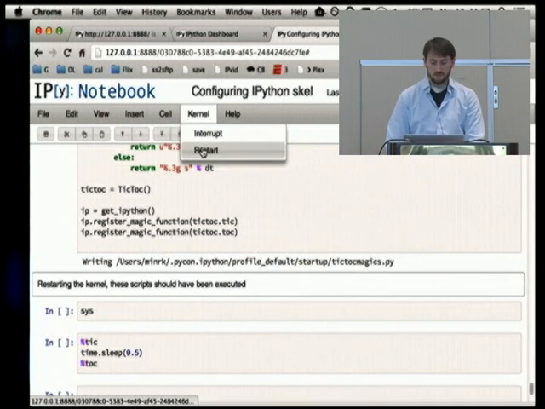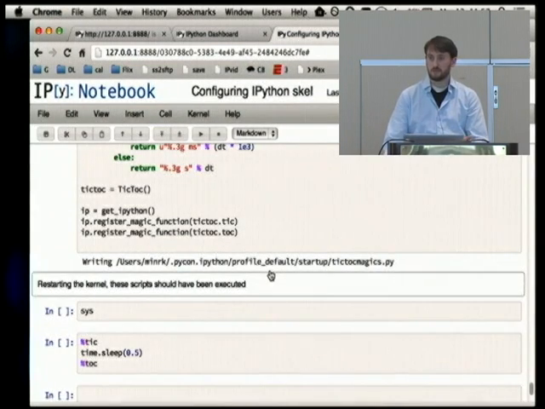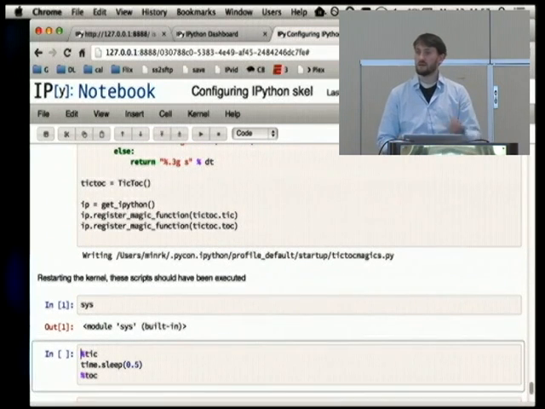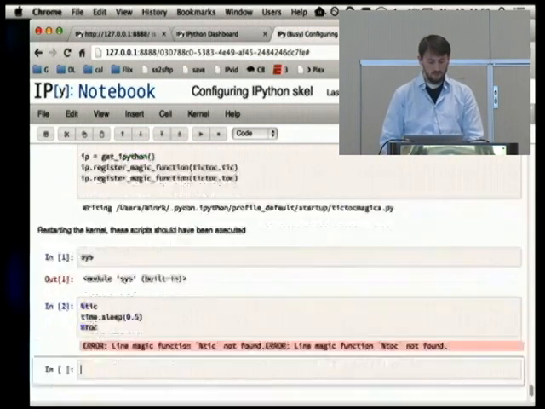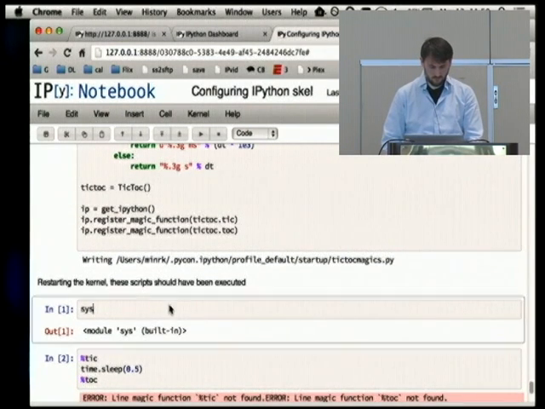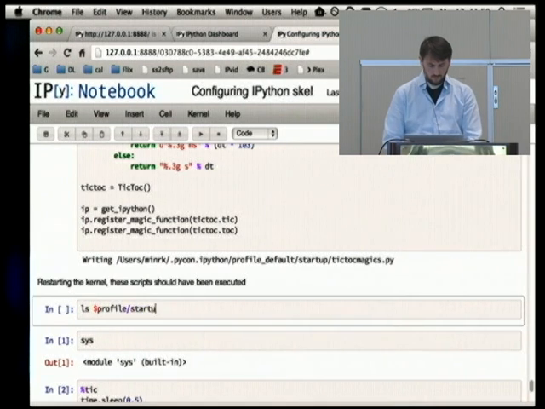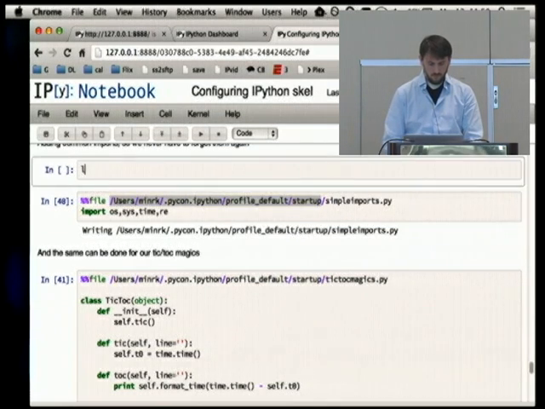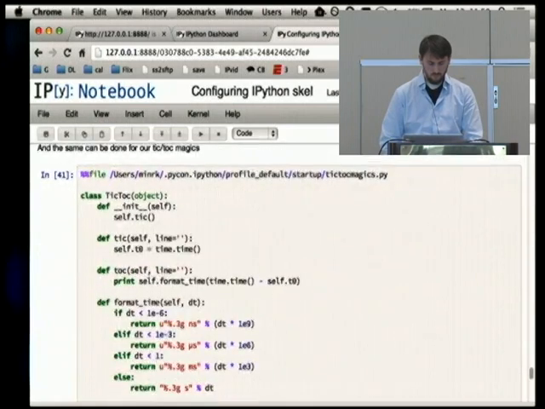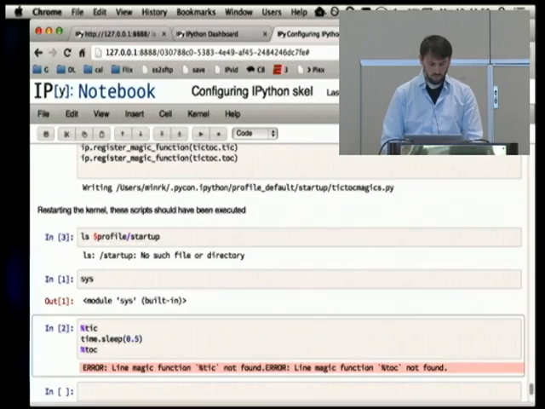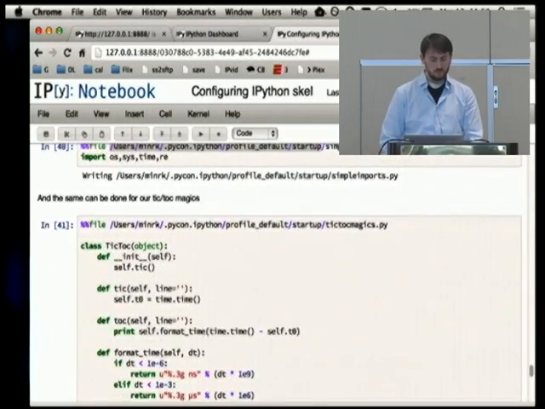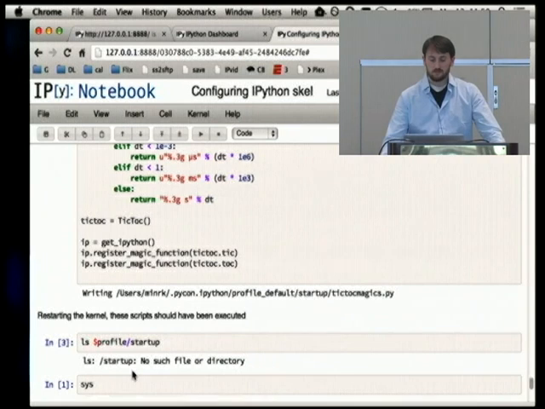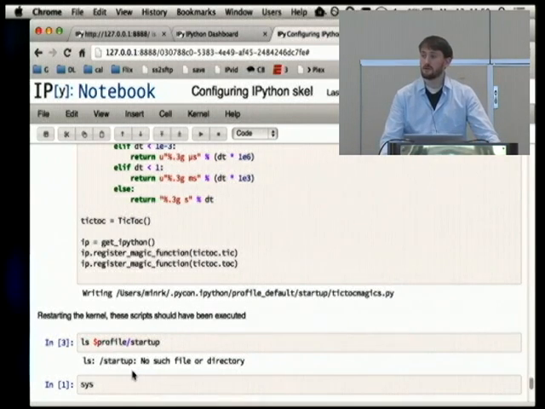So now if I restart the kernel, normally I would lose those magics and lose all my imports because I just started a fresh IPython kernel. But now I have sys imported because it ran that import script, and I also have tick not found. Oh, profiles not defined. Well, I did the magics registration wrong, but anyway, you can define magics, and you can add imports,